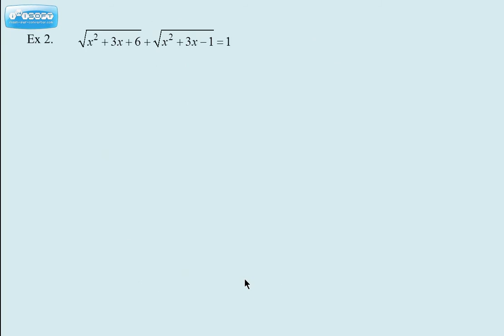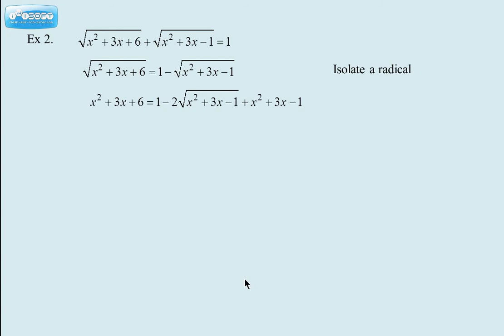Let's move on to our second example. Here we have two quadratics underneath radical signs. The procedure is the same. Isolate one of the radicals to the left-hand side of the equal sign. Square both sides. This may seem a bit complex, but if you work through it, you'll realize that this is the result. Again, we simplify,